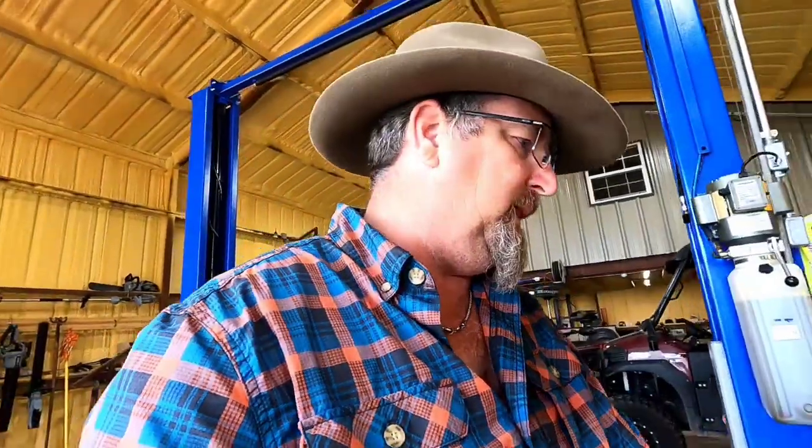And so I'm going to show you how to center this in case you don't know, because I have a feeling that this ain't going to be the only scooter that's like that, and even other brands with a disc brake are going to be like that. And your bicycles and mountain bikes and all that, they're going to be like that or get like that. So this is real simple, and we're going to set this thing up right, and it ain't going to be no big deal. Alright,